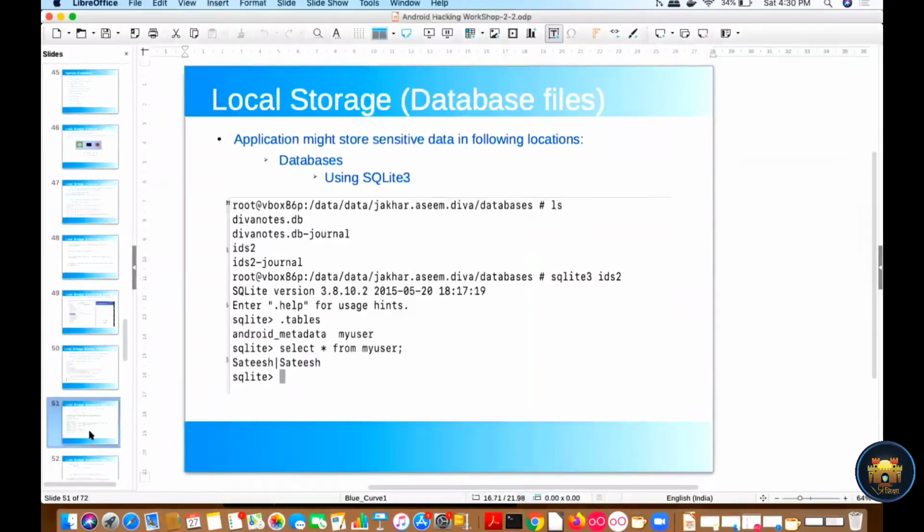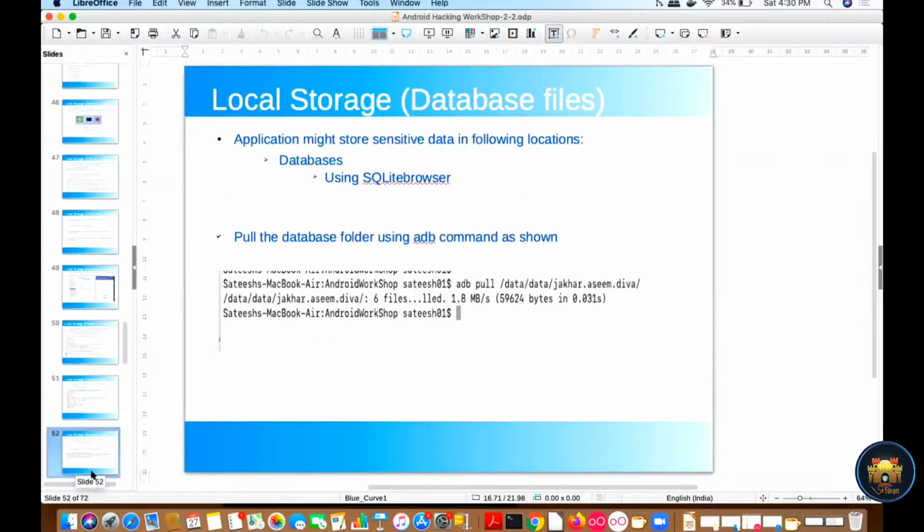Another method is using the SQLite database browser. There is one tool which I have already installed on my system, and we will use this SQLite database browser to view the database files.